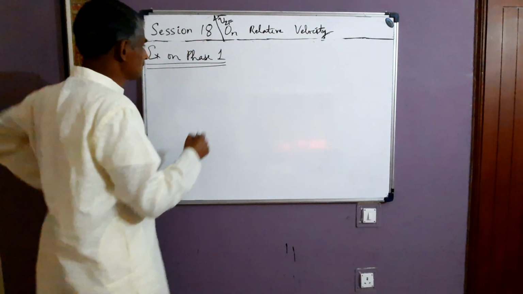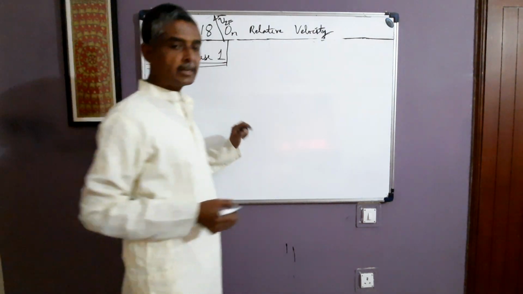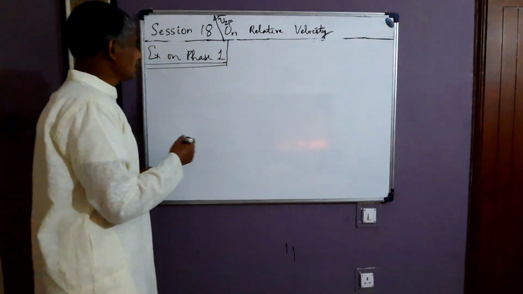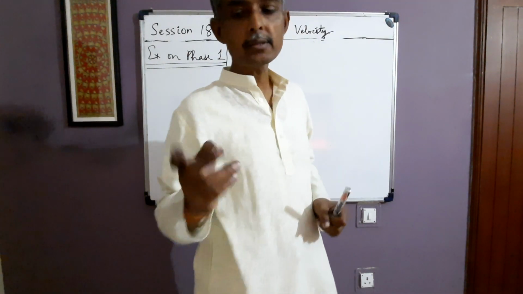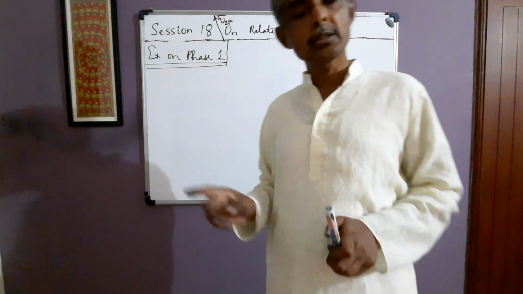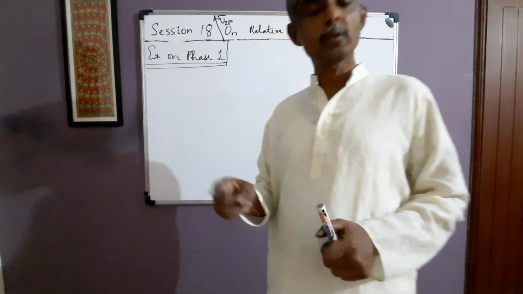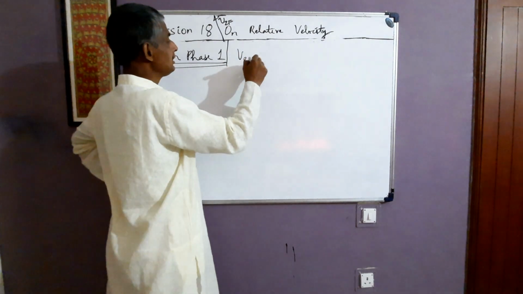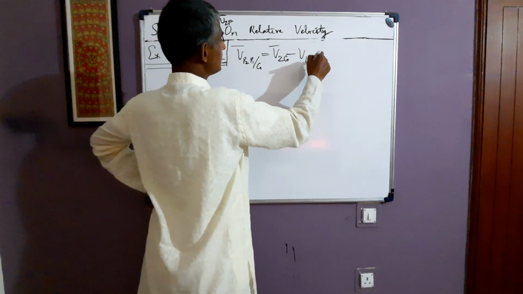In phase 1 we assume that velocities of P1 and P2 with respect to ground are either parallel or anti-parallel. Okay. So in each of the numerical examples, what we have to do is find the relative velocity of P2 with respect to P1 in ground frame, and also the magnitude and direction of this relative velocity. So we write down the vector relation V P2 P1 G, that is the same as V2G minus V1G.